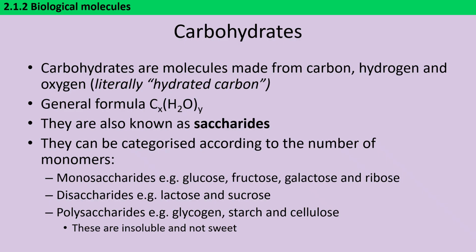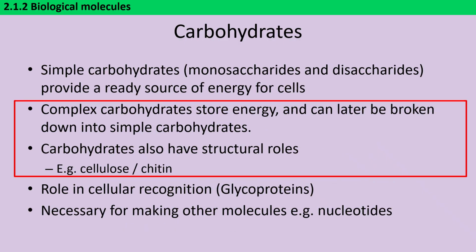Carbohydrates are also known as saccharides, and therefore we can classify them based on their size into monosaccharides like glucose, fructose, galactose and ribose, disaccharides like lactose and sucrose, which contain 2 sugar units, and then polysaccharides like glycogen, starch and cellulose, which are very long polymer chains containing many monosaccharide units. In this video, we're primarily interested in complex carbohydrates, which have roles both in the storage of energy and also